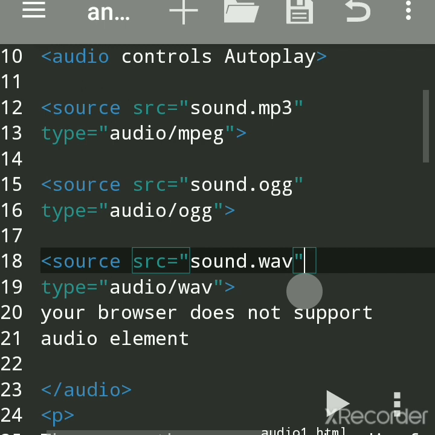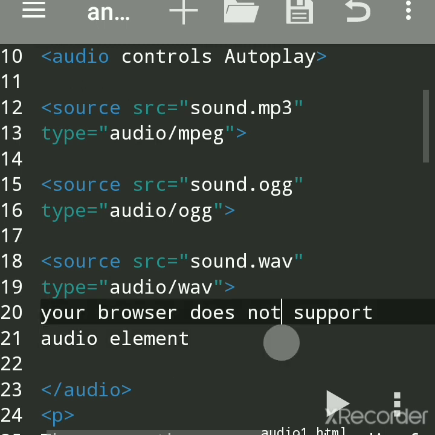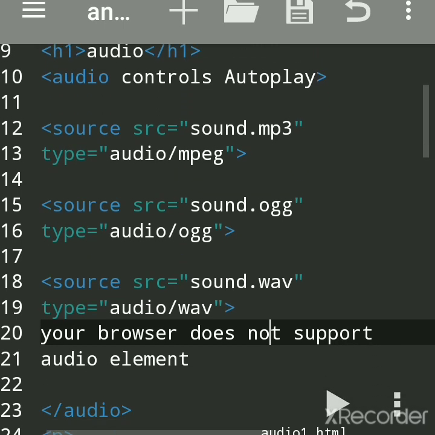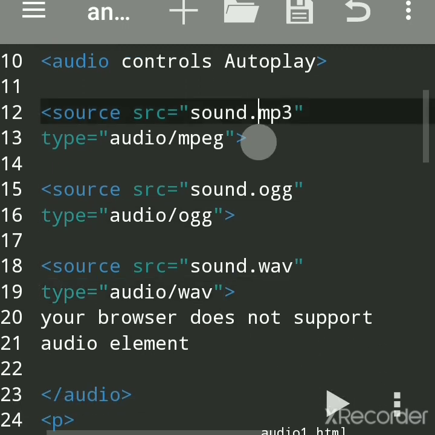And the message which is written here, according to the question, is that the audio file should be displayed with an appropriate message. When the audio file is not supported, this message will be displayed only in that browser where the output is not supported. You have to test this output in a number of browsers, and only then will you come to know.